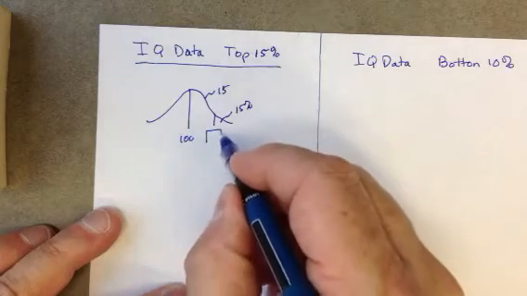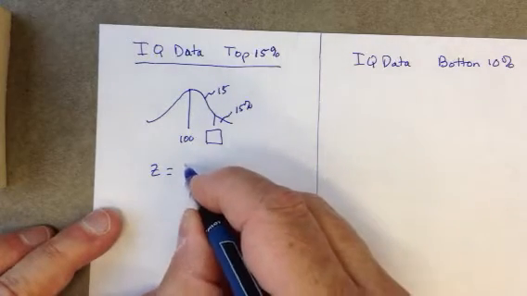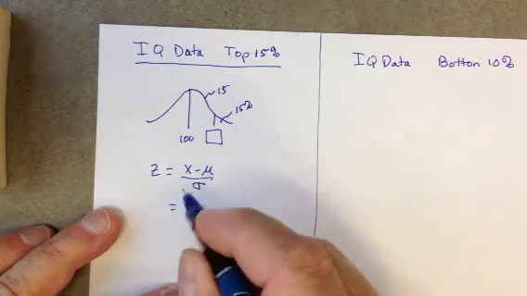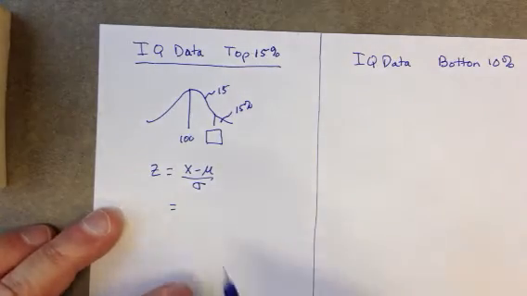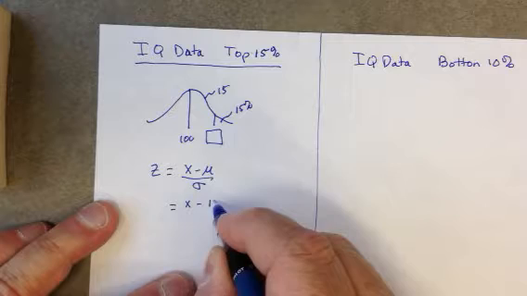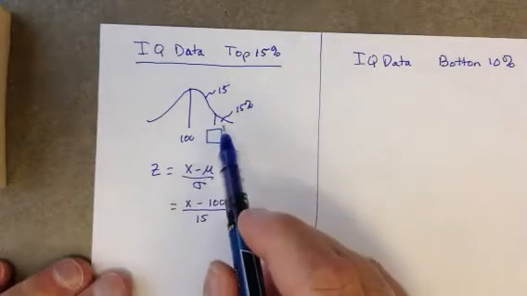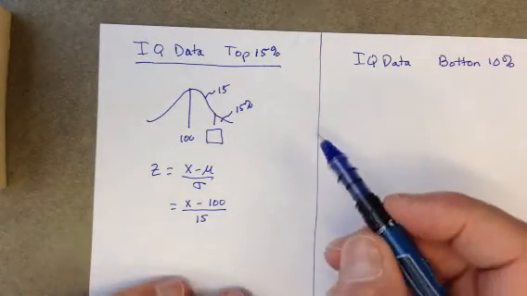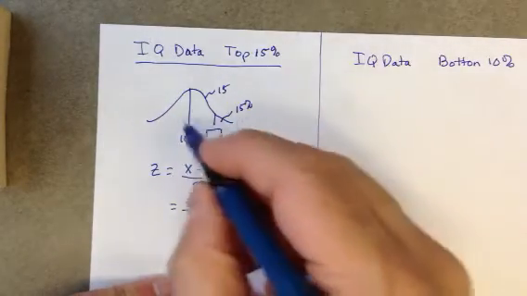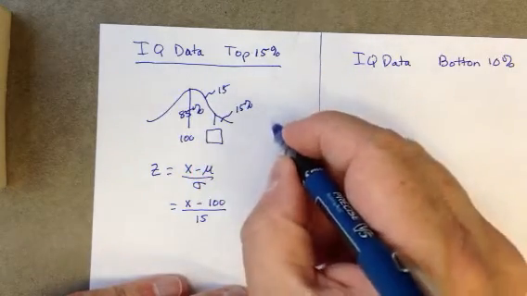So what we have to do is figure out what the score is. To do this, we start with the z calculation. Z equals the score minus the mean over the standard deviation. In this case, we know the mean, which is 100, and the standard deviation, which is 15. We have to look up the z-score that corresponds with the top 15%. Now, it's important to realize that if this is the top 15%, then 85% is below this number. So 85% is over here. So we're going to go to the table and look up